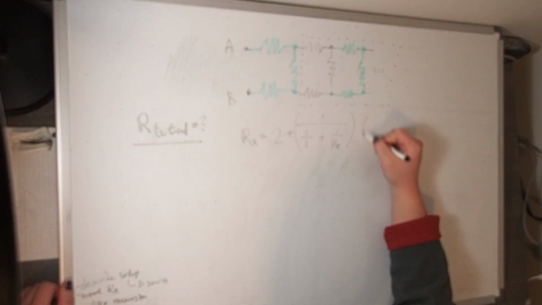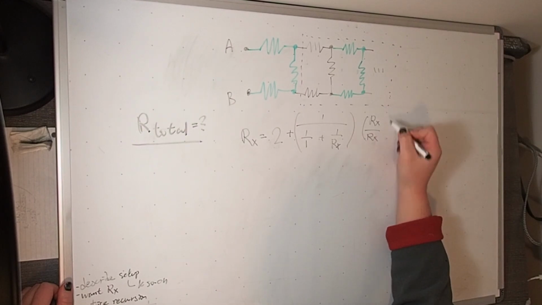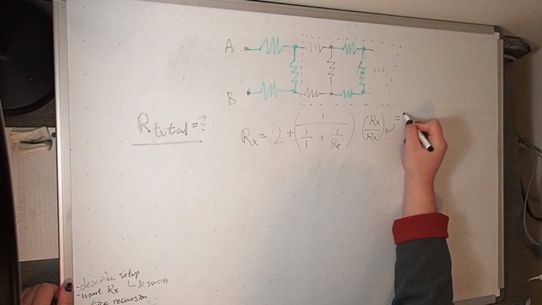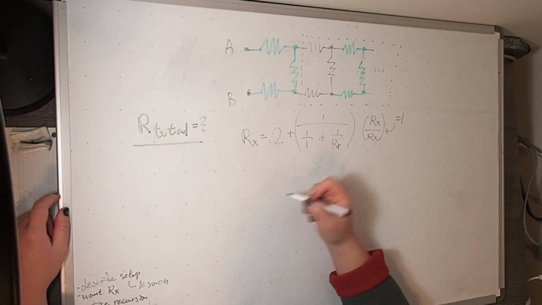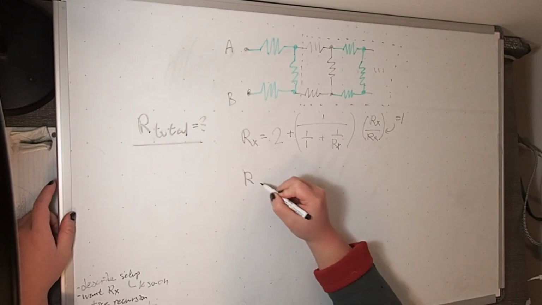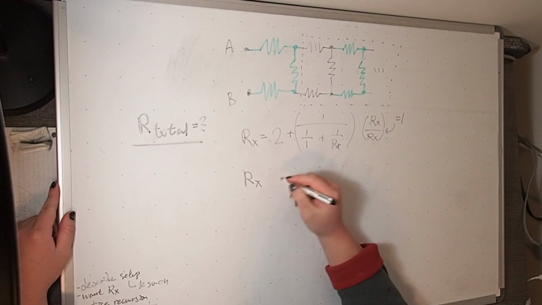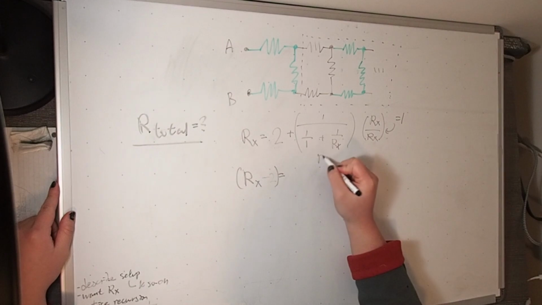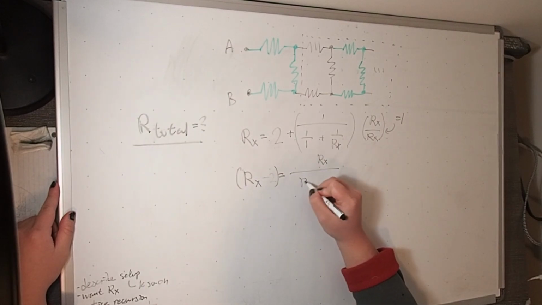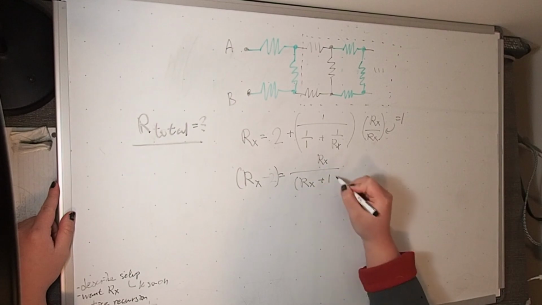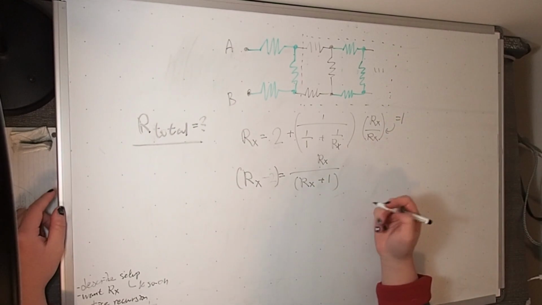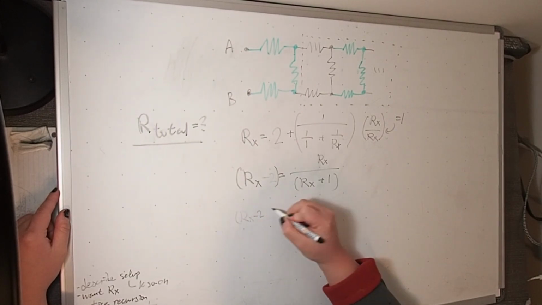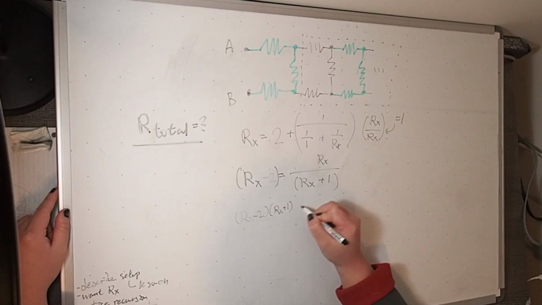And then, of course, similarly, we can solve by multiplying Rx upon Rx. And of course, Rx and Rx cancel to give out 1, right? Rx minus 2 will equal Rx on top of Rx plus 1, because again, those cancel in a similar way. So we get Rx minus 2 times Rx plus 1 equals Rx.